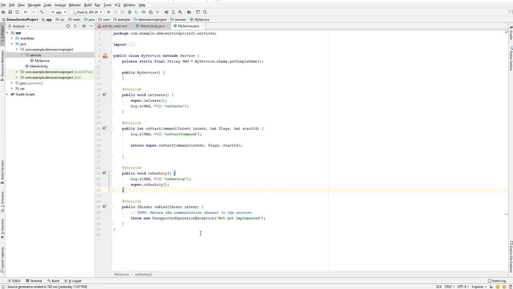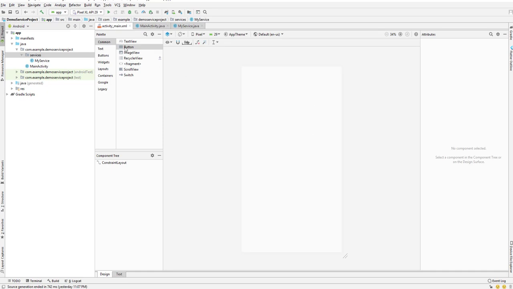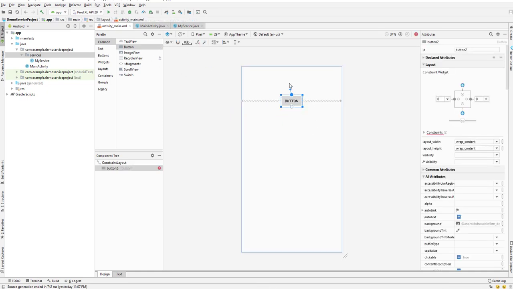Let us continue with our lesson, and in this lesson we will be starting our service. So let's see how we can start our service. Let's go to our main activity over here and let's add a new button, and let me constrain it